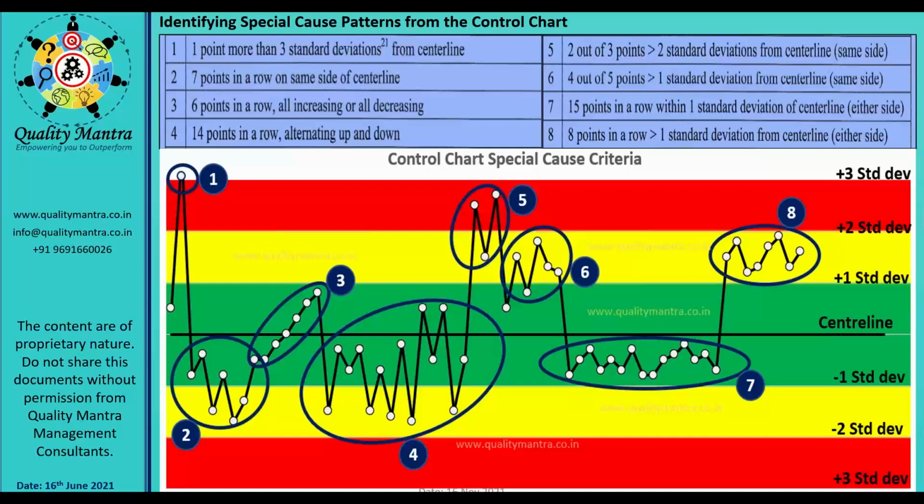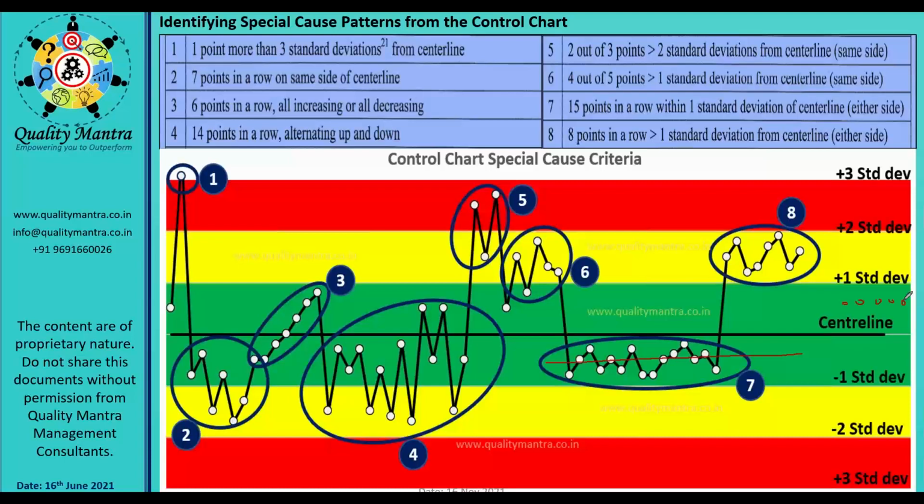Yes, you will see that when you plot the control chart, you will have the data. For example, if you have continuously this kind of data, your center line will shift here. If you have this kind of data, actually your control limit will be here, center line will be here. We are talking that you prepared a control chart based on your process variation, and after that, when you start monitoring the control chart, you find that data is continuously coming here, which means there is something wrong. You need to find that out.